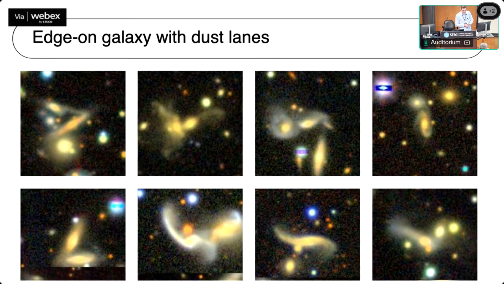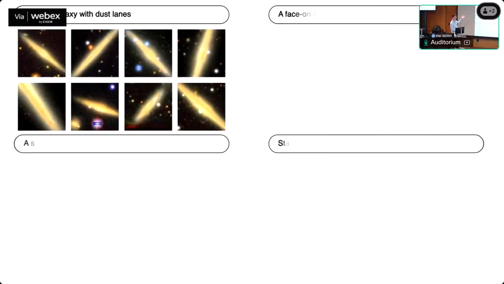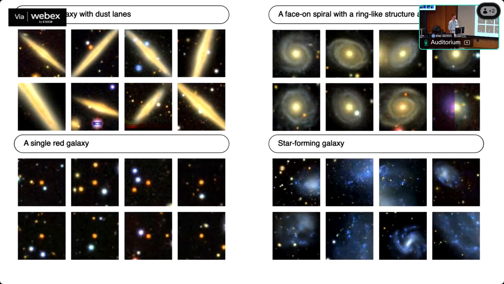Or you could search edge-on galaxies with dust lanes. And these are real results out of 20 million unlabeled images. The idea is that here you can search for anything that you might want to describe in text. So if you're particularly interested in an edge-on galaxy with dust lanes, then typically with supervised models you would have to collect 10,000, label which ones are edge-on galaxies with dust lanes and which ones are not, then train a neural network, and then run it over 20 million. But now you can just try out